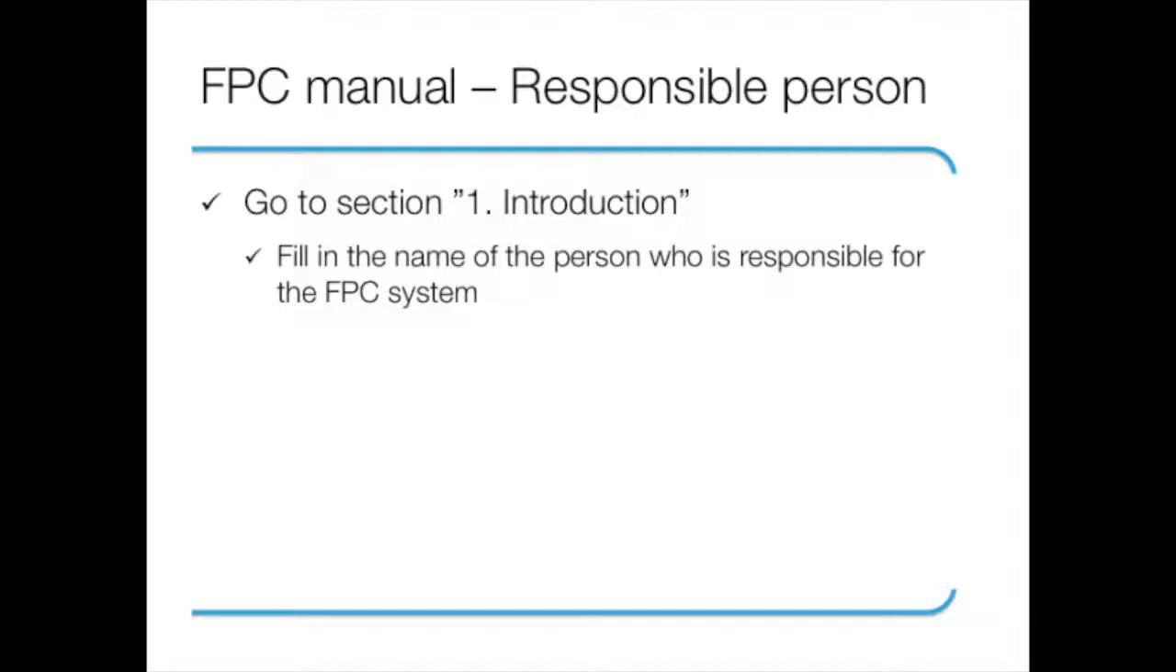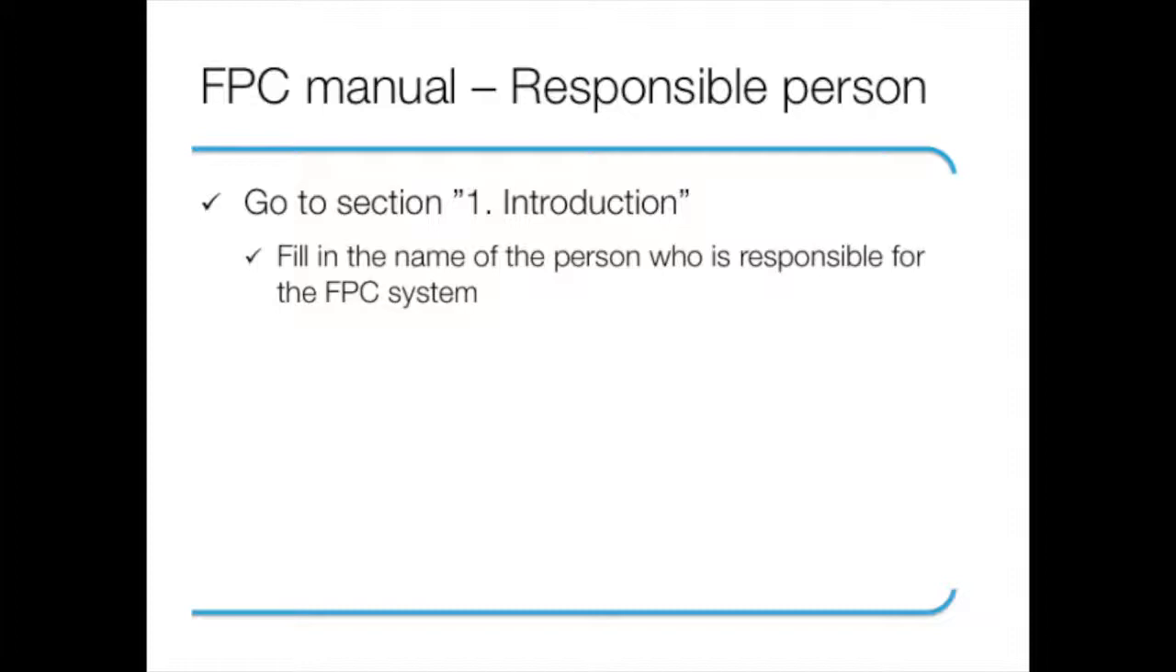Now open your FPC manual and navigate to Section 1. Here we name the person who will be responsible for your FPC system. If you have several locations, name someone to be responsible for each location. And naturally, if you want to, this can be the same employee. In most cases, this employee is also responsible for the CE markings. But if you think that this is too much for one employee to handle, you can name another employee to